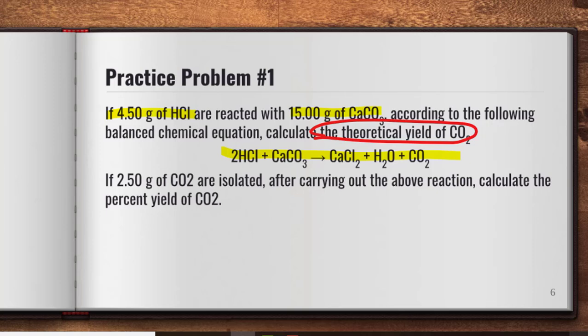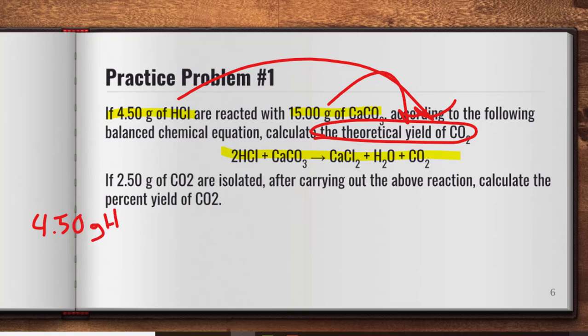So this not only is going to end up being a percent yield, but notice that we have two different reactants. It is a limiting reactant problem. So we're going to need to convert 4.5 grams of HCl to grams of CO2 and 15 grams of CaCO3 to CO2 in order to determine the actual theoretical yield. So let's go ahead and start with grams of HCl. So we start with 4.50